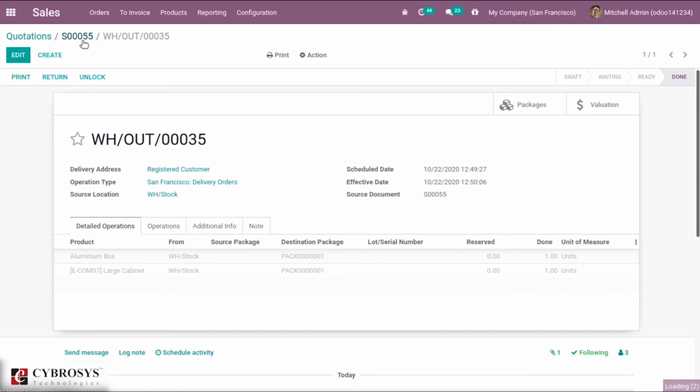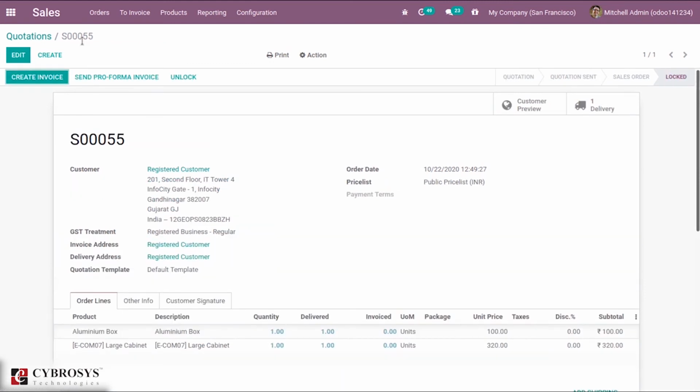And we have also done a video on different types of packages in Odoo 14.